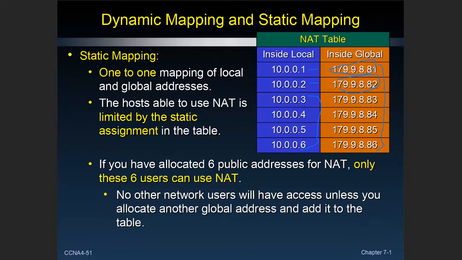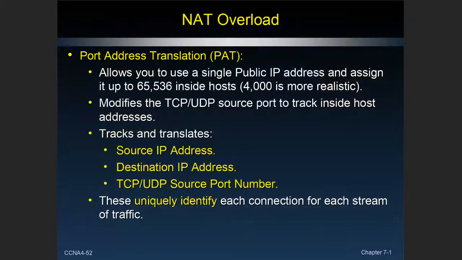So if I do this static addressing, though, without using the technique we're going to see in a minute, I'm limited again to 6 addresses. I've statically mapped them on a one-to-one basis to them. Now, if I only have 6 employees or 6 computers, this would work just fine. But if you have more than that, we're going to use another technique later to sort of cheat and use more. So port address translation allows us to use a single public IP address, or maybe a bank of 6, or maybe a bank of 1,000, like Tarrant County College uses,